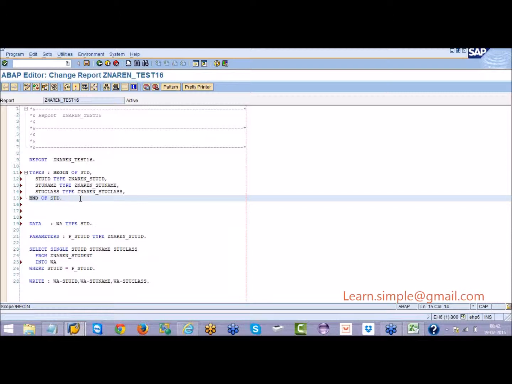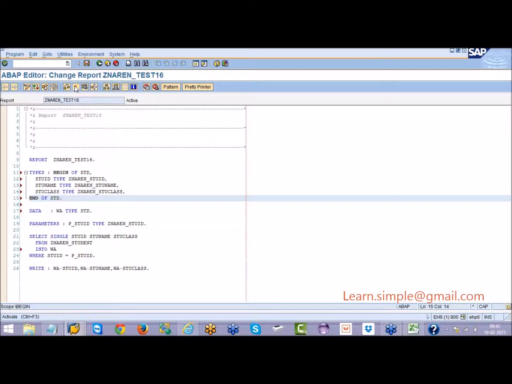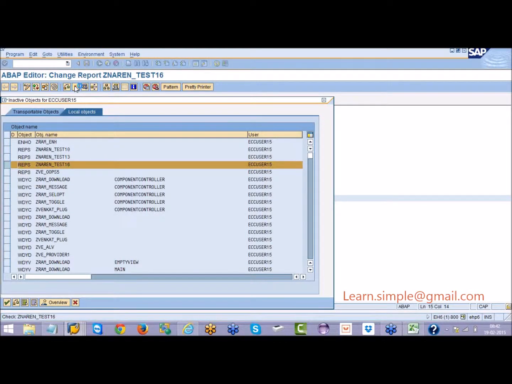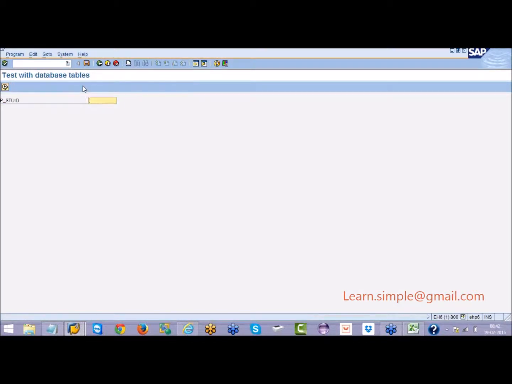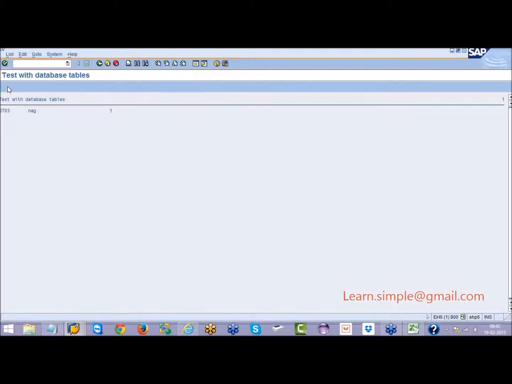So that is how you can improve the performance of the program. In this case, the time taken to get the data from the database and put it into the work area is less. So your program performance will be better and you will get the accurate result. Now I will save, check, activate and execute. Provide here some input. So you are getting the output.